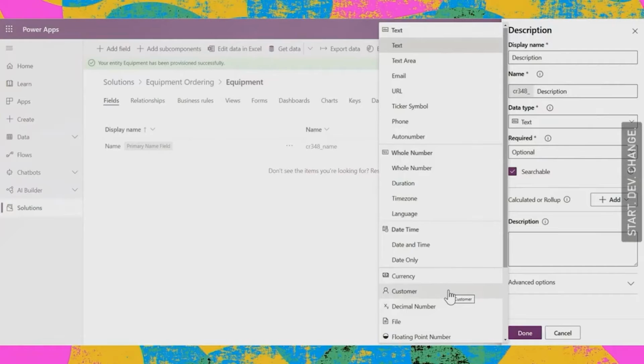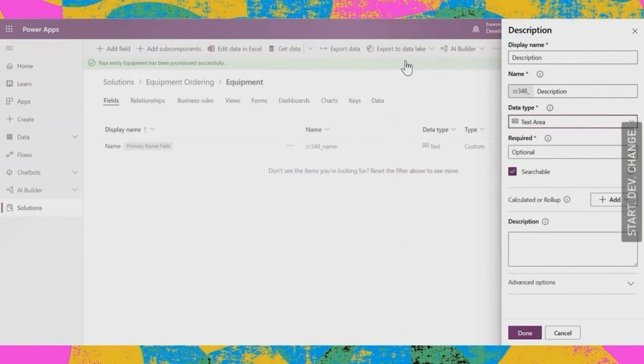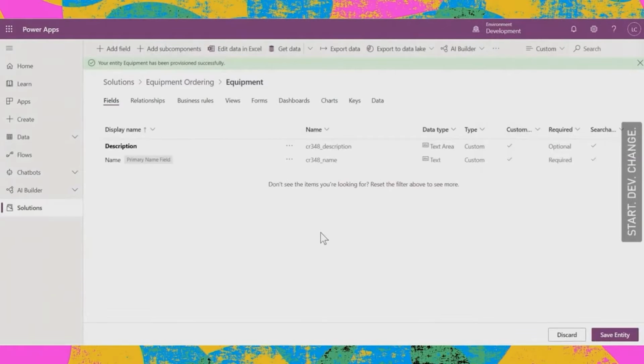Once you've chosen, this is locked in, right? So you have to think carefully about what type of data you're creating. You can't change it later. In this case, a description, I might want several lines of text, so I'm going to make it a text area to give me some room to move. And I can also choose to say that a field is optional or mandatory. And there it is in the list. So now I just keep going.